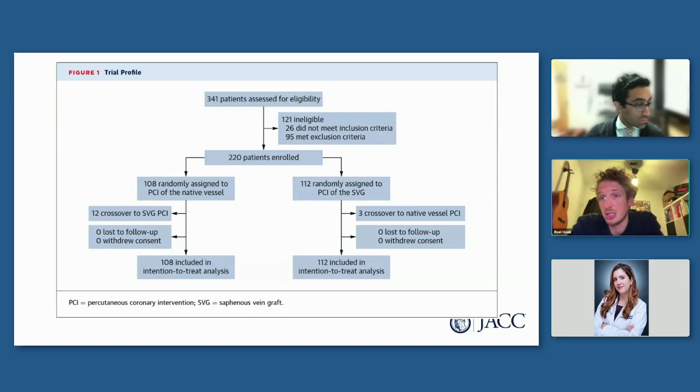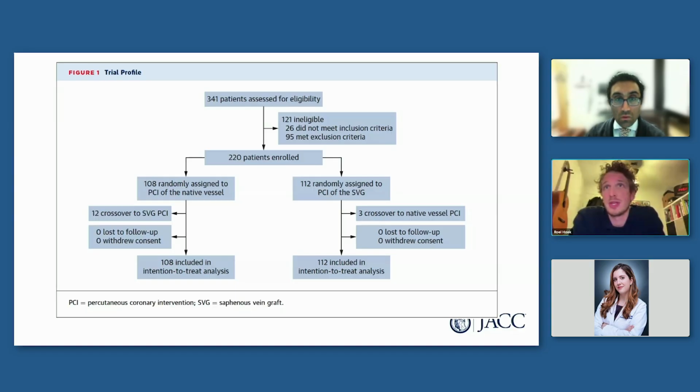Well, they had an ACS, a non-STEMI, but they were not easily managed to be pain-free, and they had to have this emergency PCI. And that's the thing of this study. You're randomizing between mostly a CTO procedure, which is quite complex and takes a lot of time and also some logistic preparation, and on the other hand, a relatively easy and relatively quick PCI of the vein graft. So in some cases, 21 to be complete, we did not have the time to randomize, and we had to exclude those patients as well.